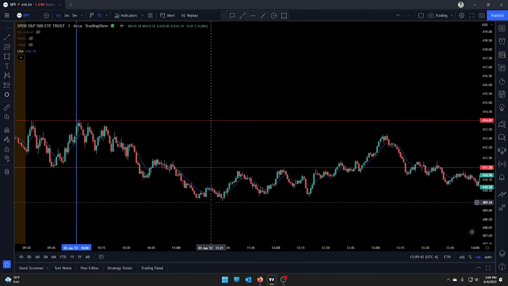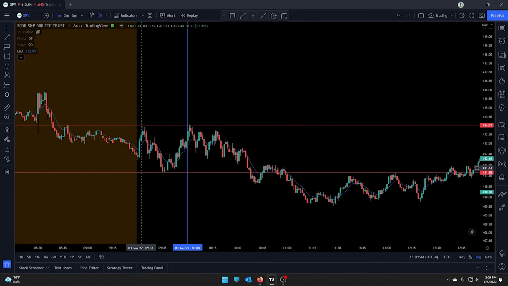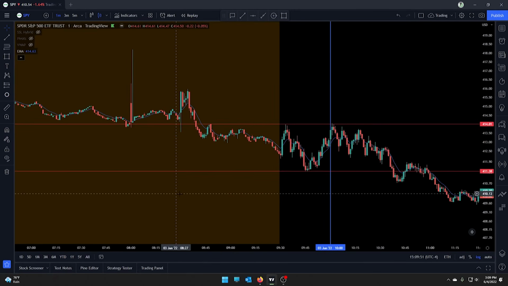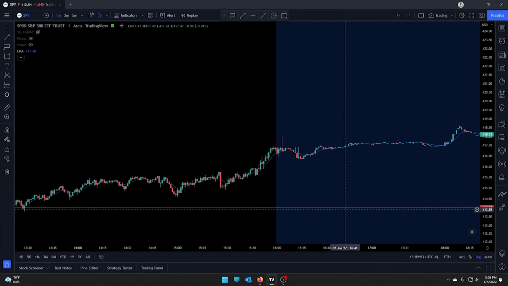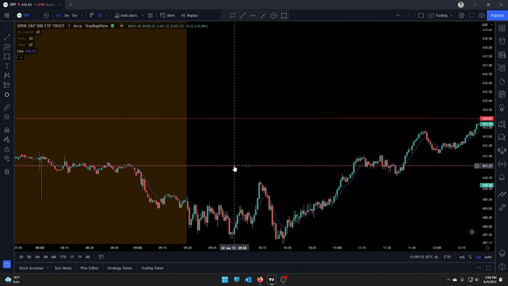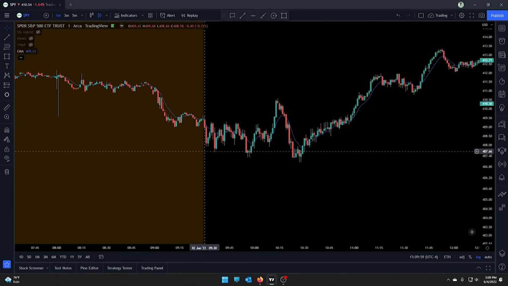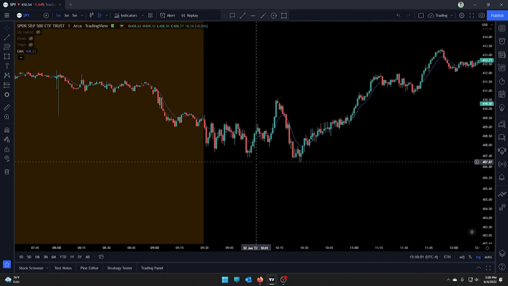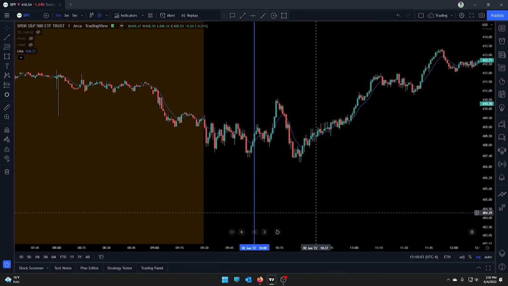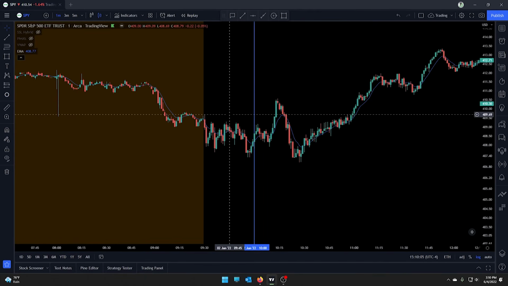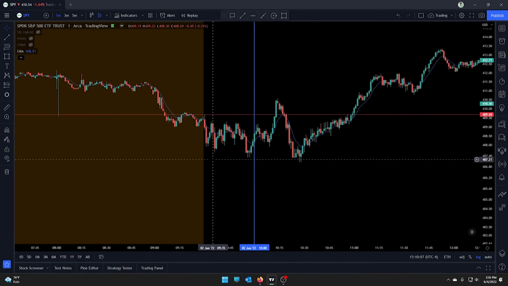But what I needed to clear up is to explain to people what the opening range breakout actually means. It has nothing to do with pre-market, has nothing to do with yesterday. And we'll go ahead, since we're here, and plot the previous day on SPY. So we'll find our 30 minutes, which is right here. We'll draw our line. We'll get our high of day, our low of day,